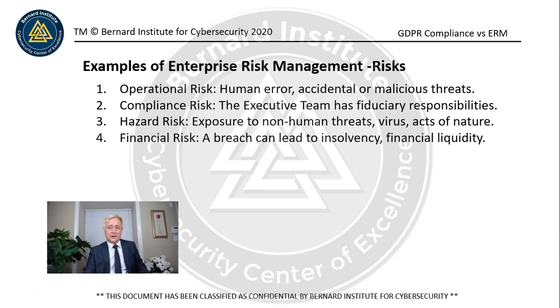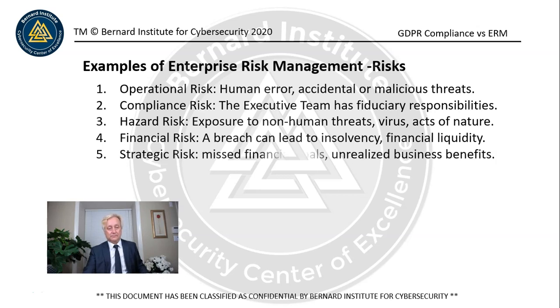If you're small... the Equifax breach has cost them so far $750 million. It's a lot. Most organizations would be wiped out with $5 million, right? Because there's a lot of mom and pops. There's about 60 million businesses in the U.S. right now, and most of them are mom and pops. And of course, financial liquidity. If you get to a point where you've had so many ransomware attacks that you don't have a treasury anymore, you're going to have a problem. And if you can't sell your business to cover the breach, then you're going to go Chapter 11. So these are all financial types of risks.